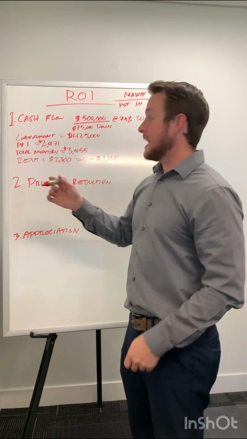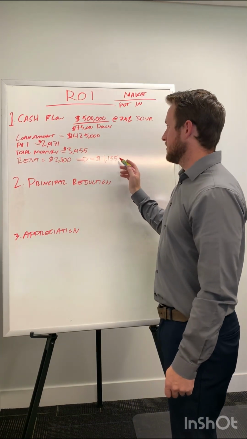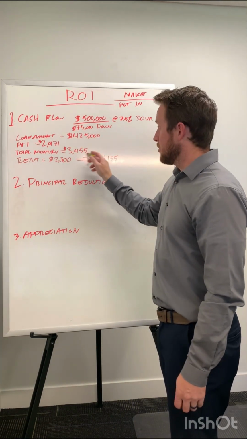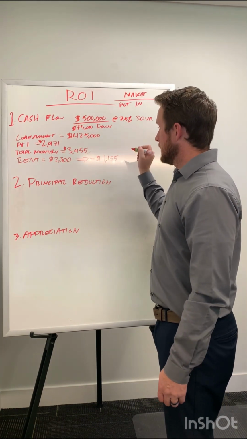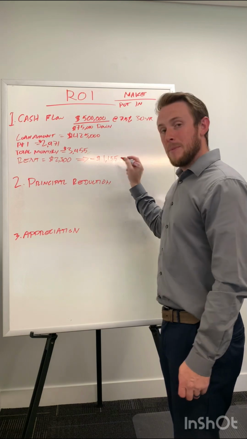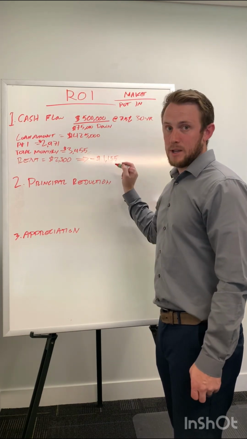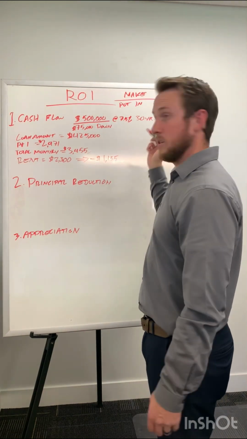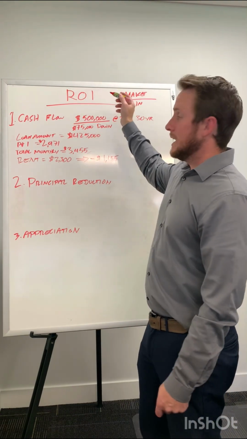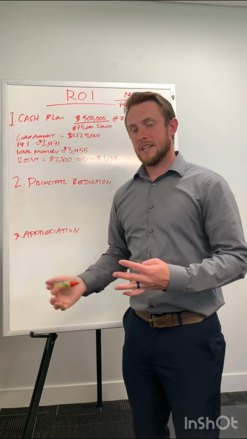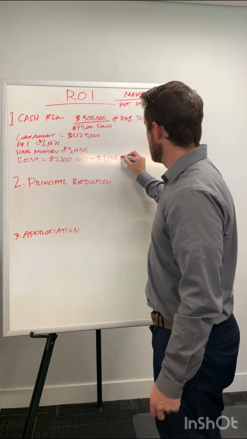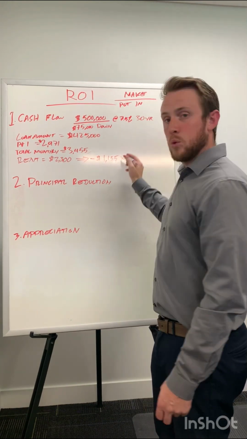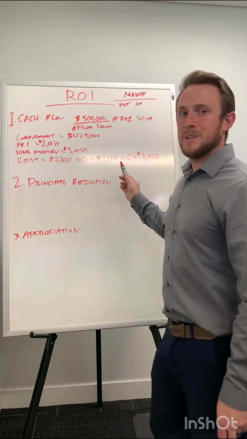You will negative cash flow $1,155 a month. You need to pay $3,455. You can only rent it out for this much. You're going to have to make up that difference every month of $1,200. Now, since we're calculating a yearly return on that investment, we want to find a percentage. We're going to multiply this by 12, that's per month, times 12, and that's going to yield us